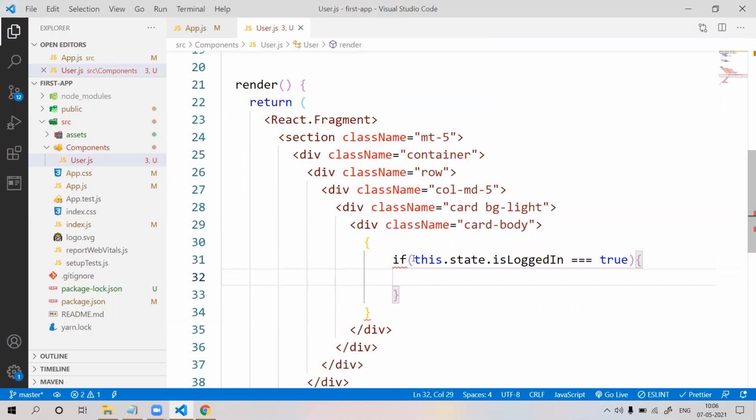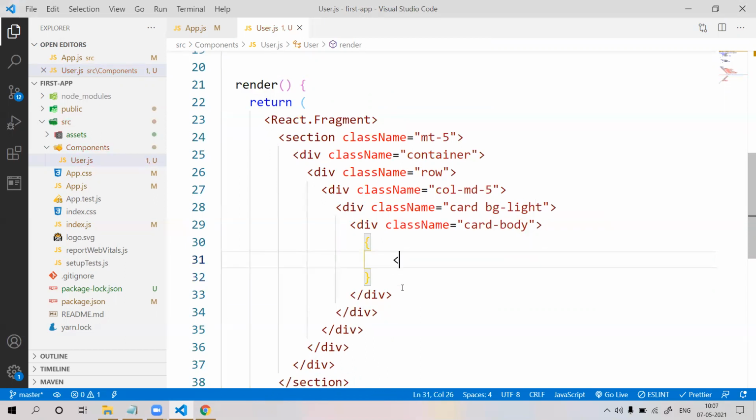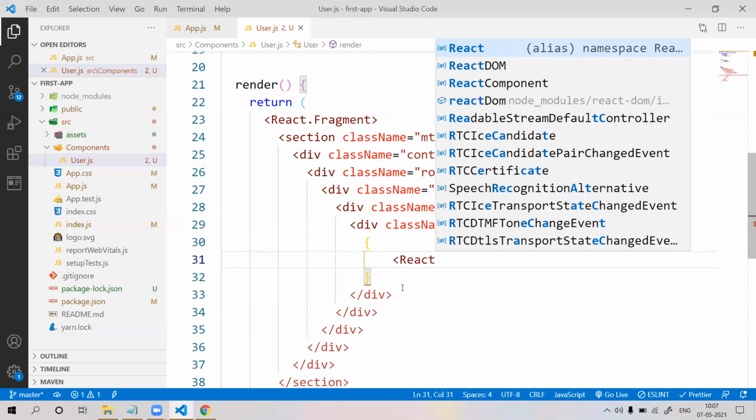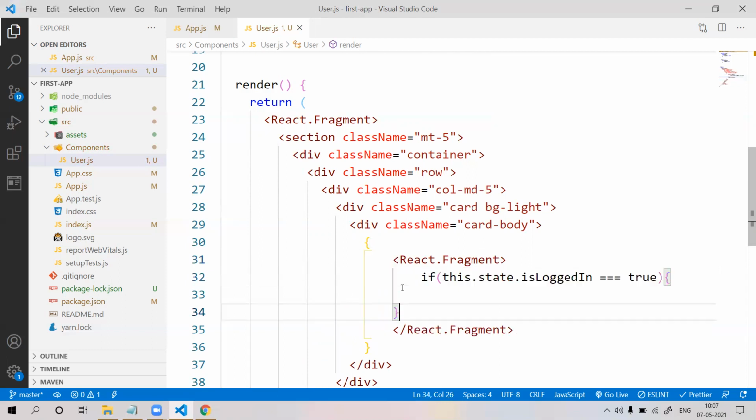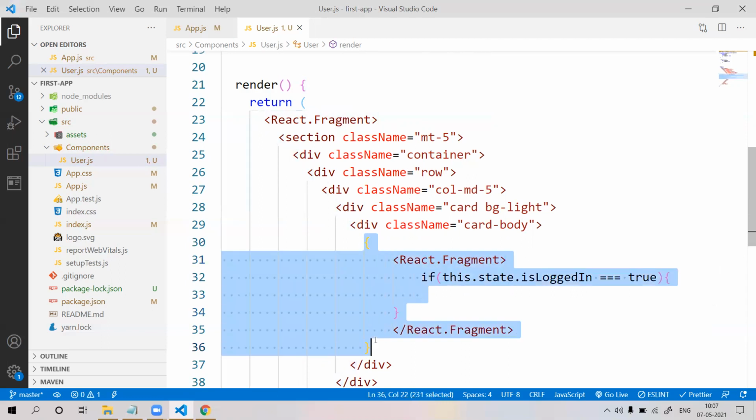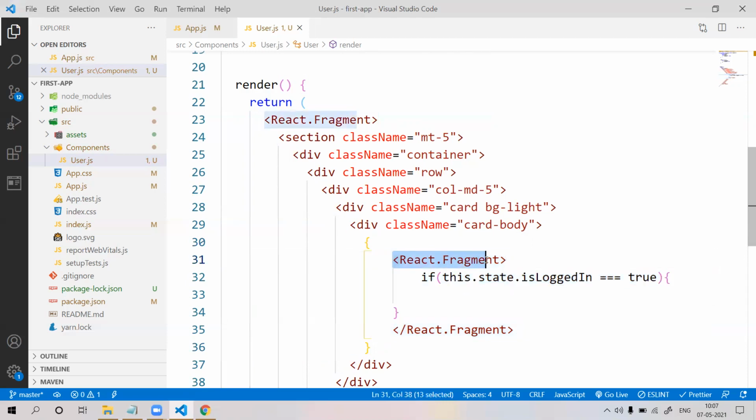why is this doing like that? Okay, wait a second, something happened. React fragment. Inside React fragment we can put it like this. Inside curly brackets we can make it React.Fragment.